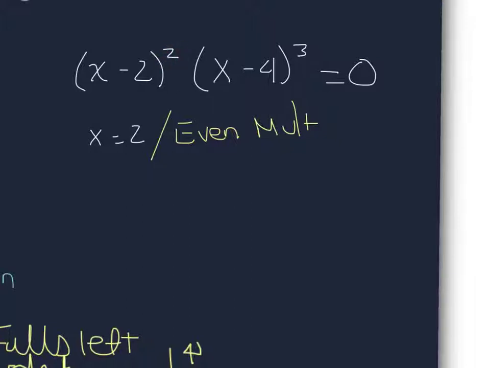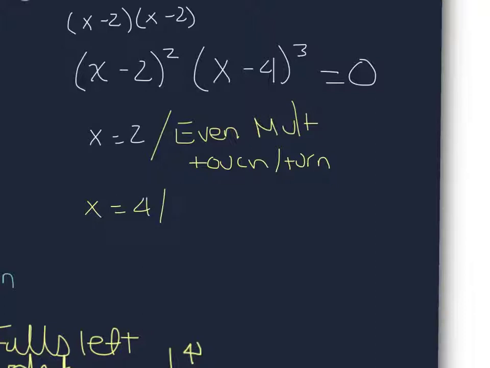So it's there squared. If it helps you, break it out: that's (x − 2) times (x − 2). How many times does the solution x = 2 occur? 2 times. So the multiplicity is even. What behavior does that create on the graph? That means when you're graphing it, you're going to touch and turn at that point. Your next solution, x = 4,